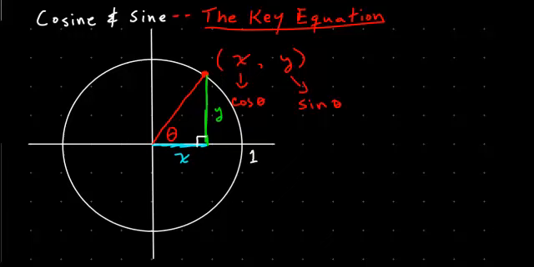And so what is the length of the hypotenuse here? Well, since we're in the circle of radius 1, we know that if we go from the center to the outer edge of the circle, it's always going to be a length of 1. So we have a length of 1 for my radius there. So by the Pythagorean theorem,